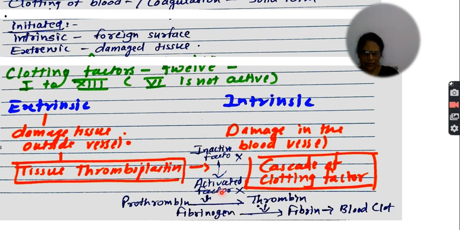That's why here the prothrombin gets activated to convert into the thrombin, and the thrombin stimulates the fibrinogen, and the fibrinogen is converted into fibrin, and here the blood clot is produced. As like this, here the blood clotting is. So with this slide, we have completed the WBCs as well as the